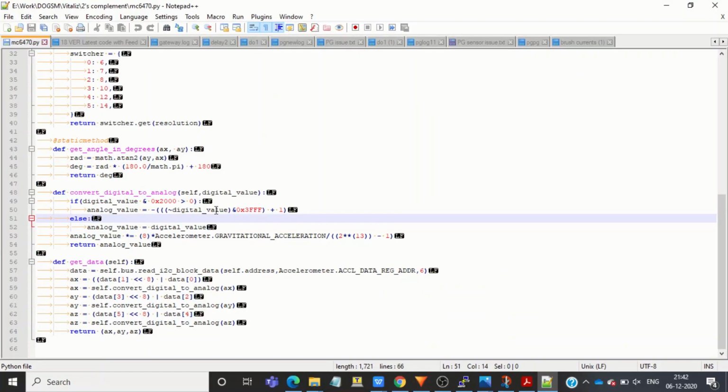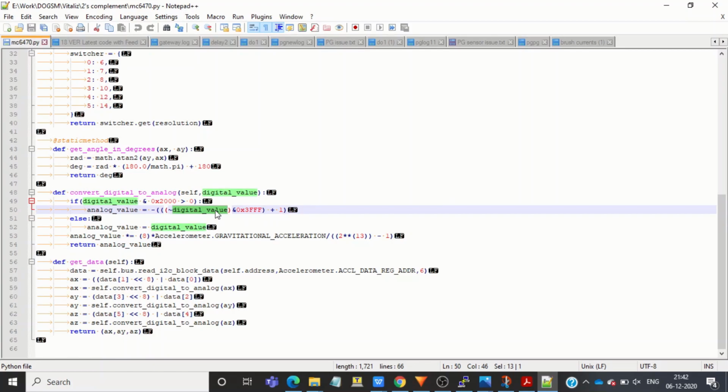Let's do the same in the Python code. Now, as the digital value variable has the 2's complement representation of a negative number, all we need to do to get the magnitude of this number is to perform the 1's complement operation on it and then add 1 to it.